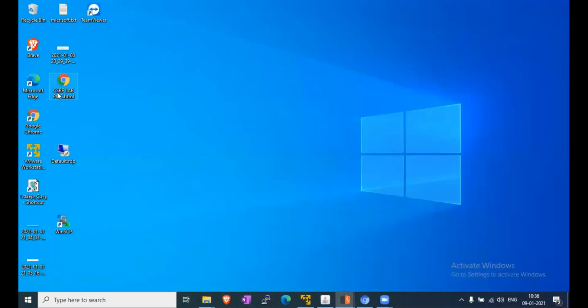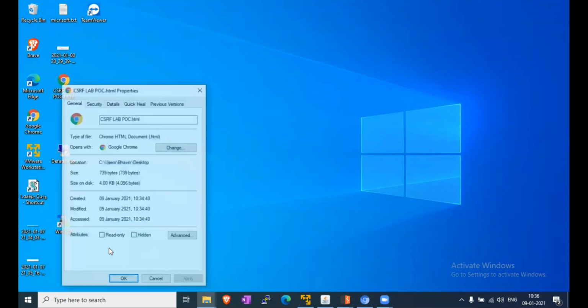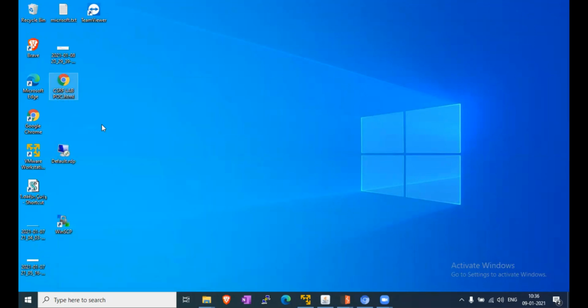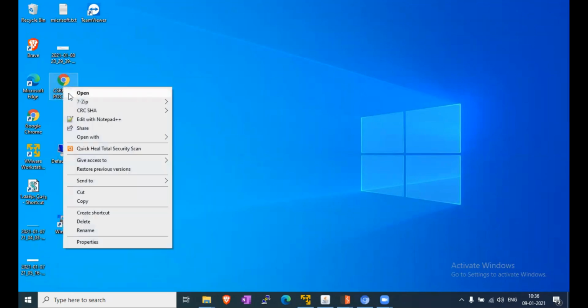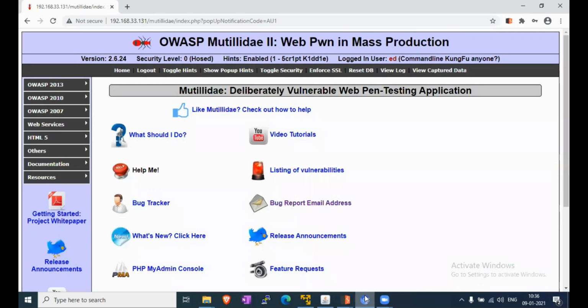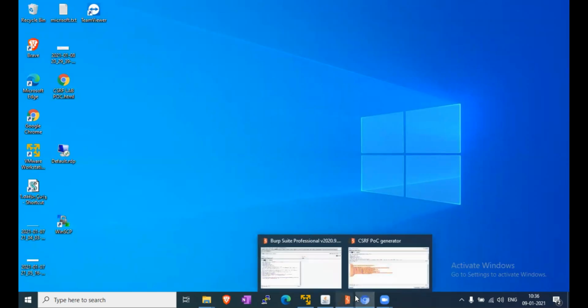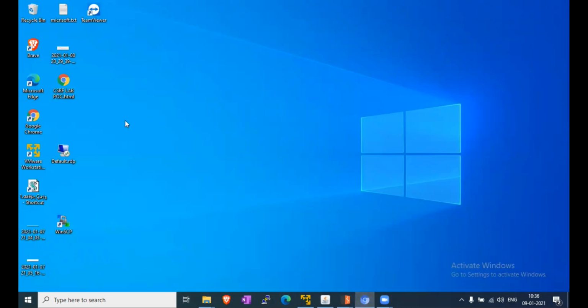We have to open this file. I am not able to find that comment here. Actually, I'm using another browser, which is included with Burp Professional, and I have saved it on that.